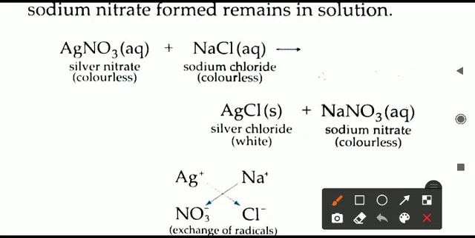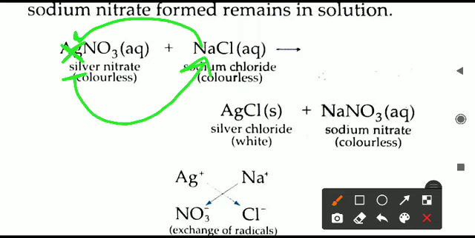Next thing, what has happened? Sodium has occupied this position. Okay, so no problem. It has formed. Where will the silver go? Silver will go to the position of sodium now. Silver will not be produced separately. Silver will say, okay, you take my position. So sodium will take the position.